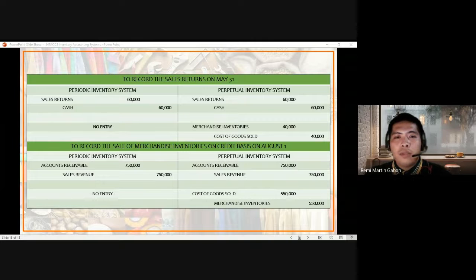Madali lang, no? Parang walang thrill yung discussion natin. Joke lang. Importante to kasi may activity kayo ng merchandising. Anyway,